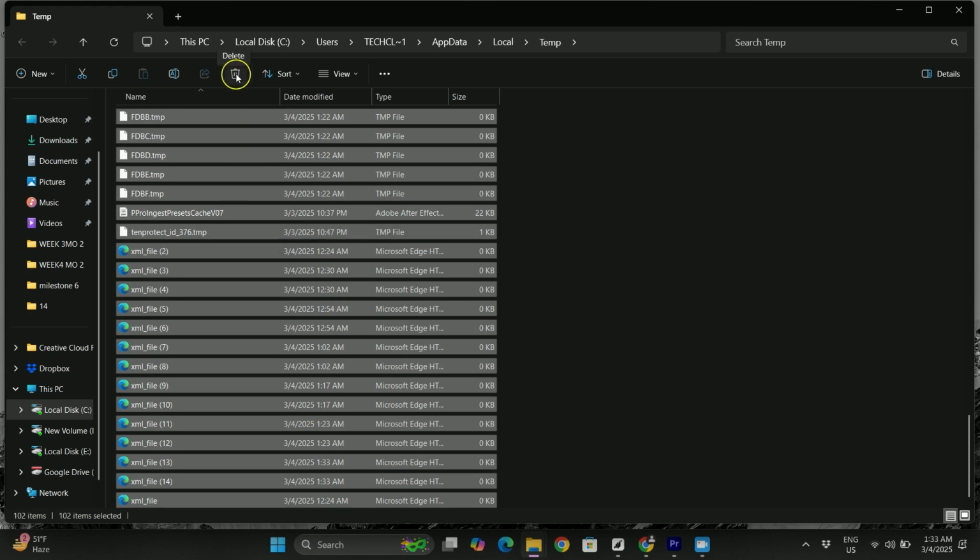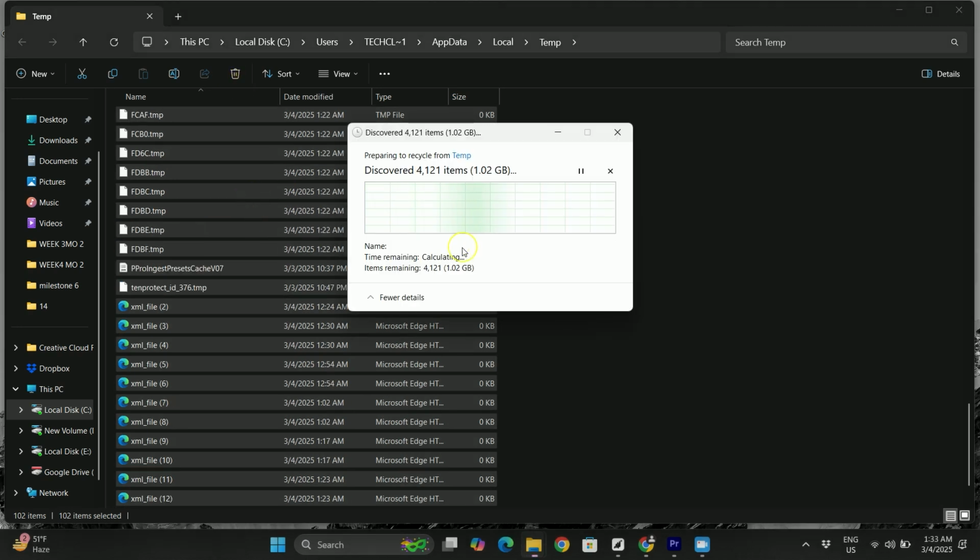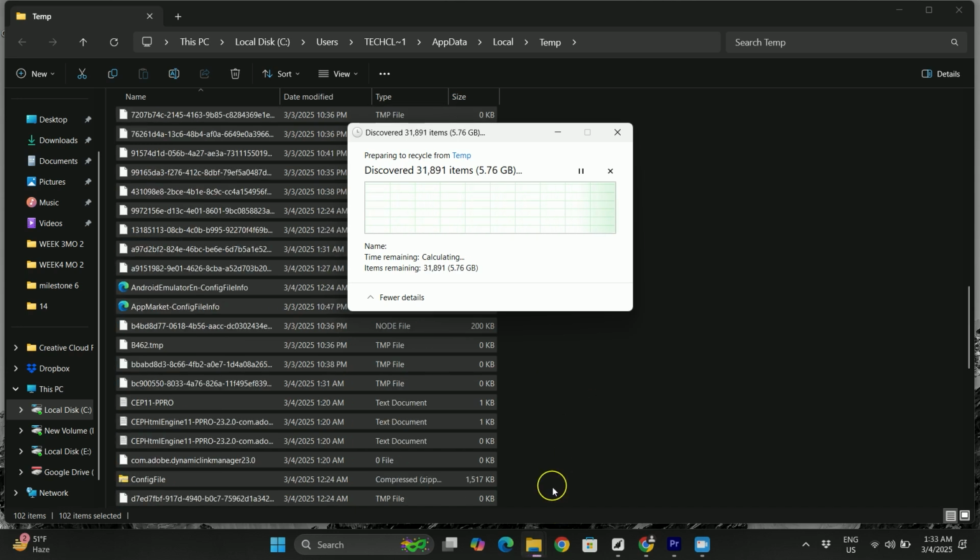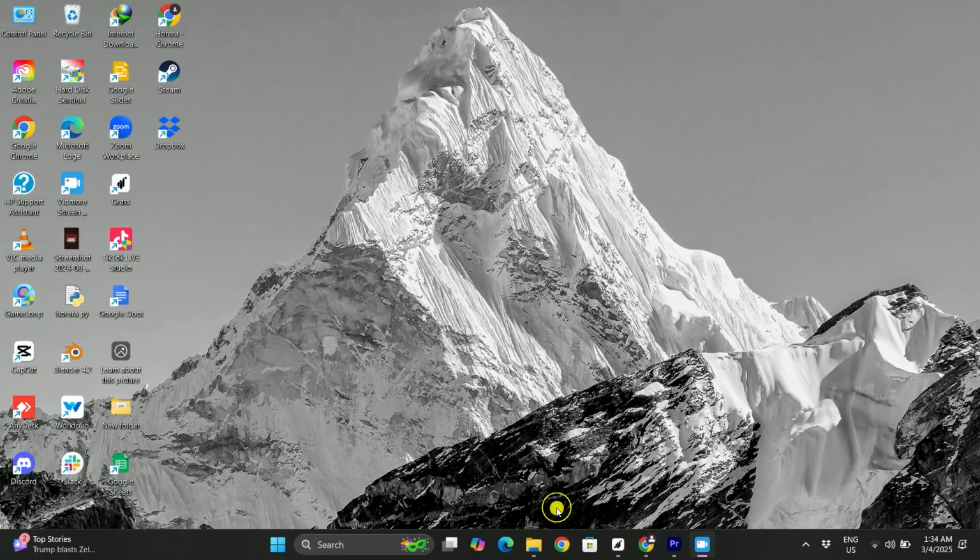So right click, press on the delete button, they will be deleted. Once again, if any can't be completed, just press escape, it's fine. I had to skip quite a few, but that's fine. We can then close it off, and once again we can open up run again, press